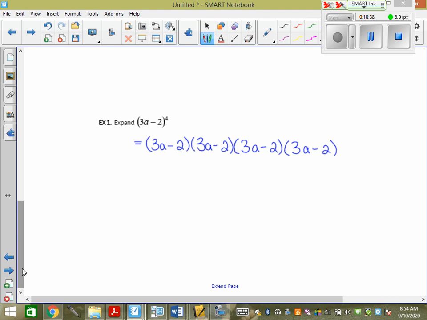What if it's to the 8 or the 10, which is going to be later? That would be awful, right? You have to turn your paper sideways and you still won't have enough room. If you're turning your paper sideways and you don't have enough room, think there must be a better way. Like, don't do that, okay? For this one, we have to FOIL those, and we'd have to FOIL these, right?